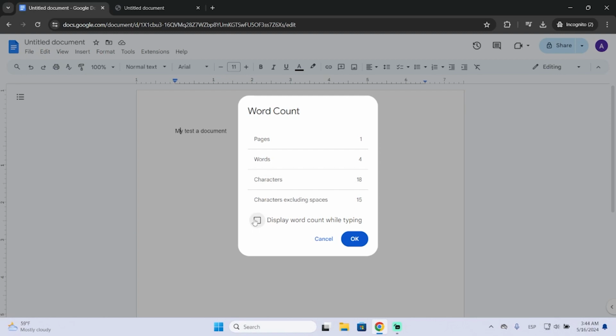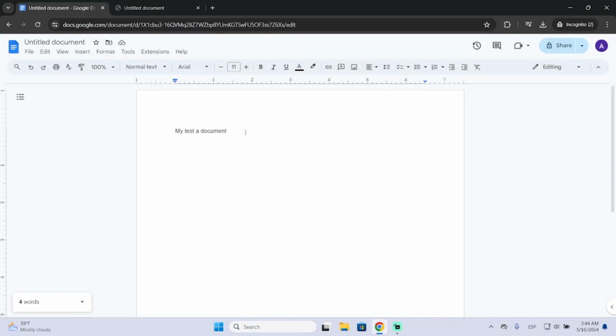And you can also enable or disable this option that will display the word count while you're typing your document. So as you can see, it will be right here, and you can track basically the words while you are modifying your document. So as you can see, it keeps increasing,